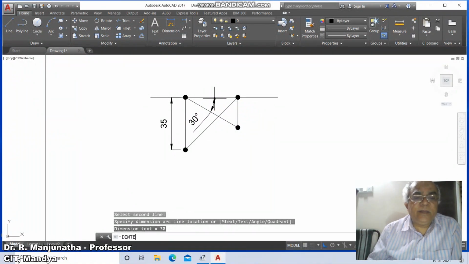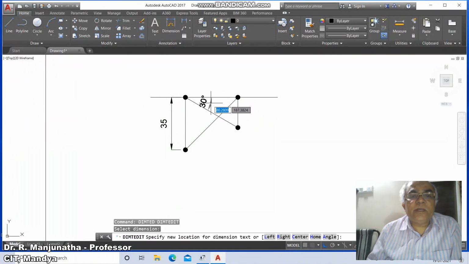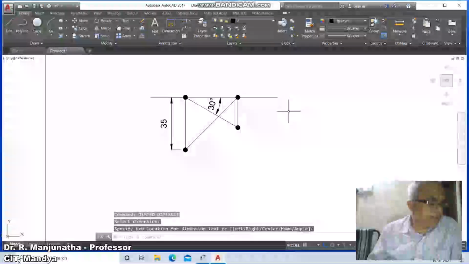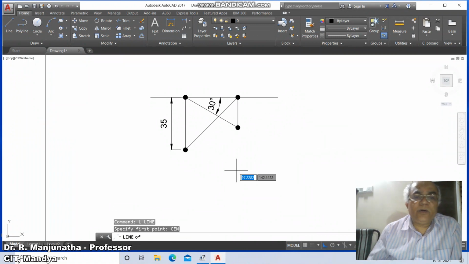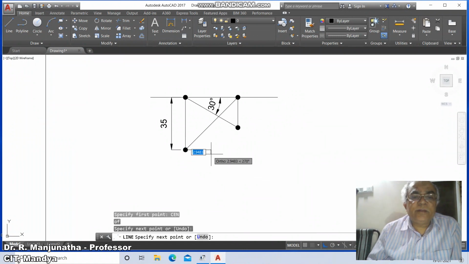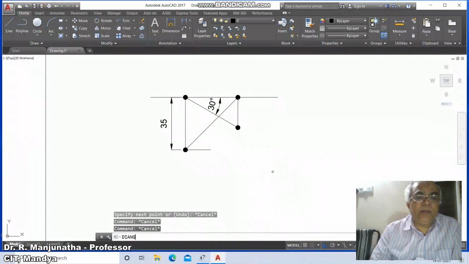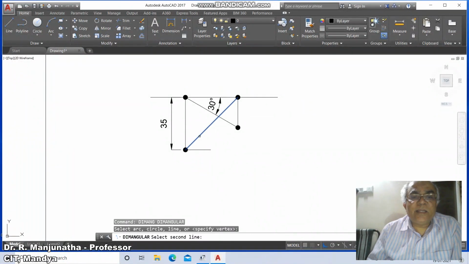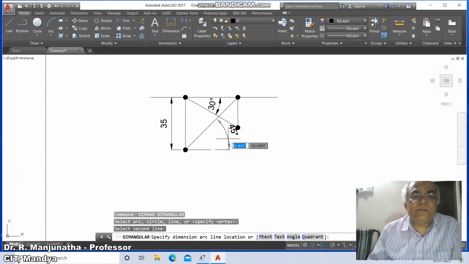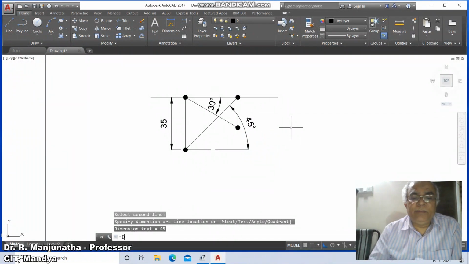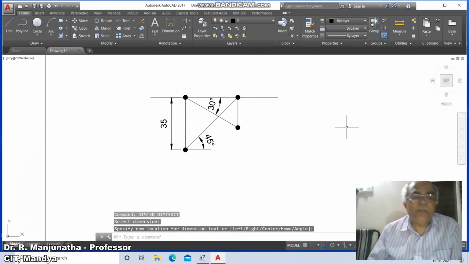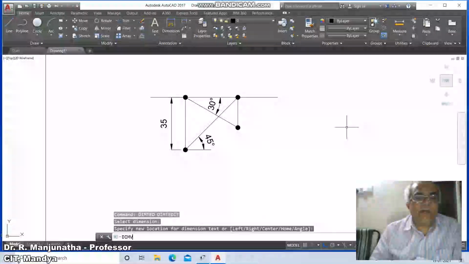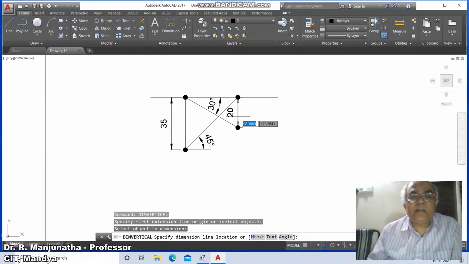And go to dim text edit. Here you mark this as 30 degrees. Then go to line, draw a horizontal line from here. Then go to dim angular, select this line and mark it as 45 degrees. Then go to dim text edit, select this and take it here. Then go to dim vertical, select this line.